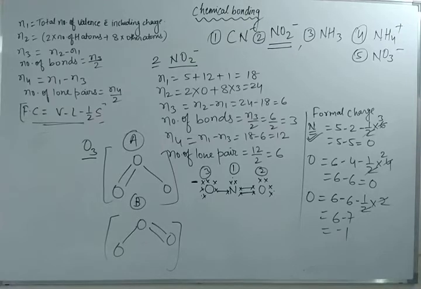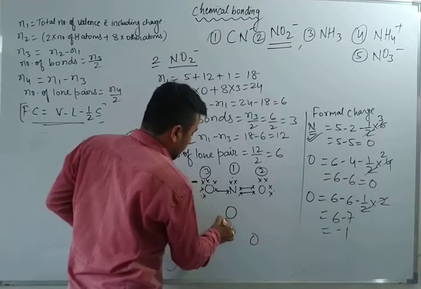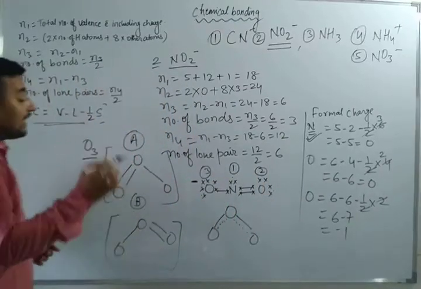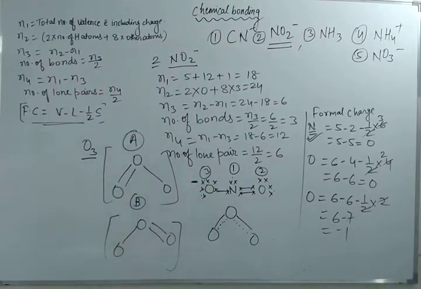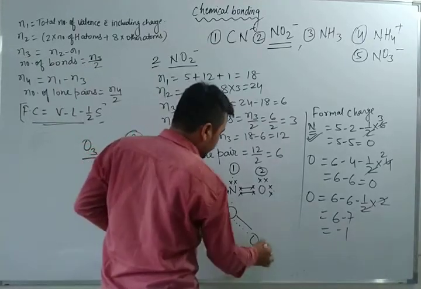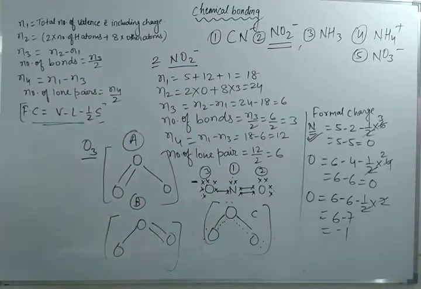And if I talk about one more example, suppose electron is a dynamic particle, if I draw here the oxygen atom, sometimes here, sometimes here. So this is another diagram. Suppose I put the name of this diagram as the C diagram. So what about the C diagram? A and B are called resonating or canonical structures, but C is called a hybrid. This phenomenon is called resonance. What is this phenomenon called?